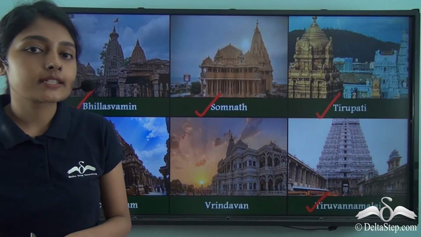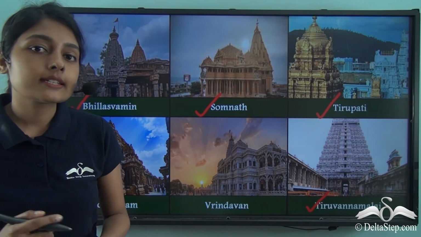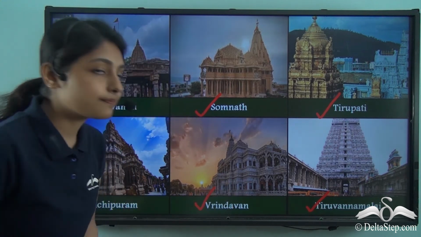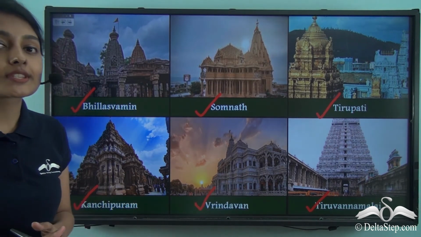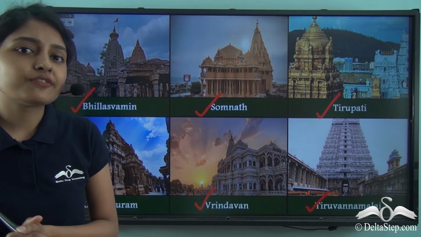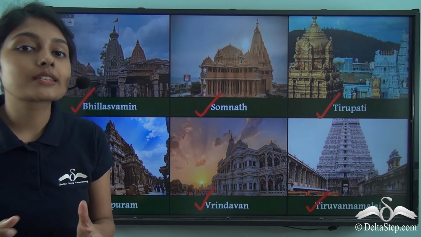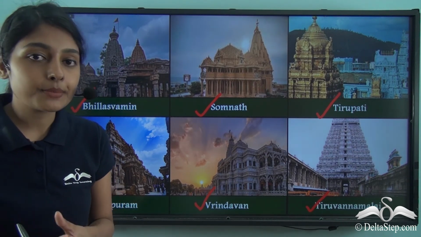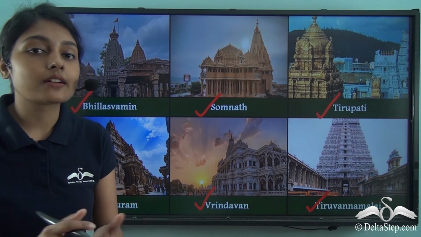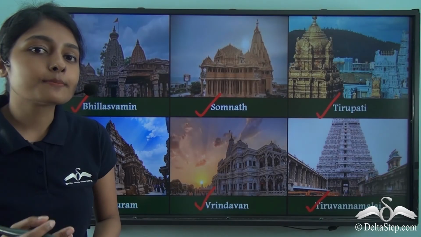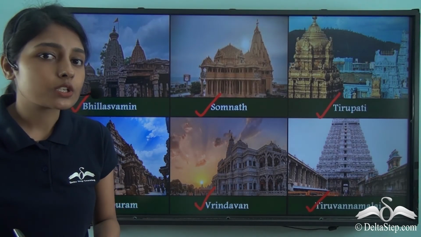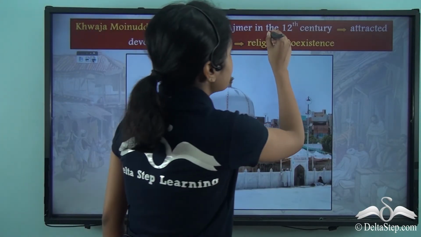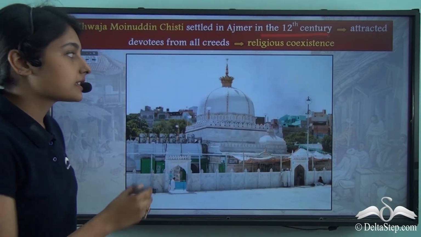Now let us go to the Indian state of Uttar Pradesh. Another temple town that we could find there is Vrindavan. So on this screen you could see various temples in various Indian states and how these temples gave birth to new temple towns, how these temples gave birth to settlements around themselves. Now let us move a few centuries ahead. What do we find here? When we come to the 12th century, we find the